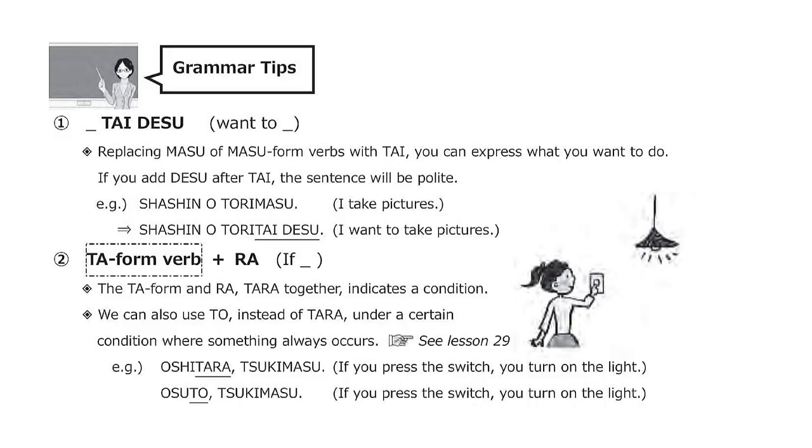On the other hand, we cannot use to if we express our intention after we set a condition. Also, we need to use tara if, after expressing a condition, we invite somebody to do something together or we express a request or a hope. So, we use tara in a sentence such as, 雨が降ったら帰りましょう, let's go back if it rains. Tara can be used in a wider range than to. So, if you're not sure which is better, it's safer to use tara. That was today's Teach Us, Teacher.